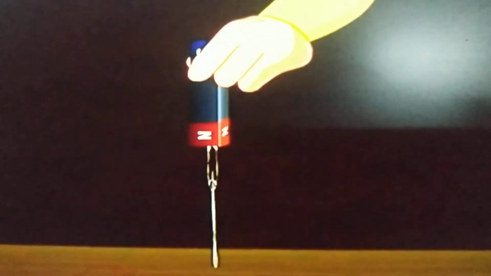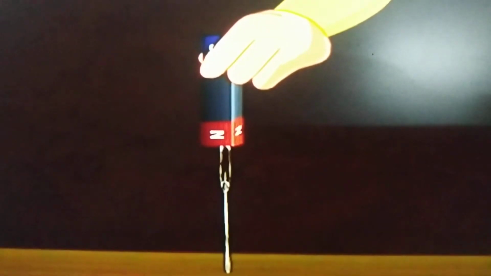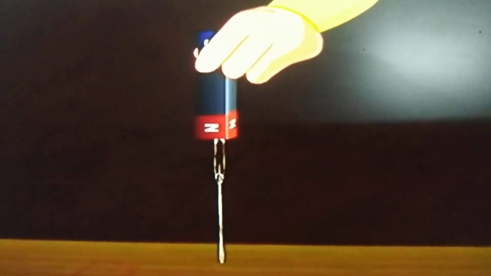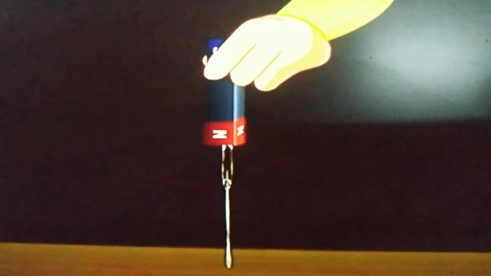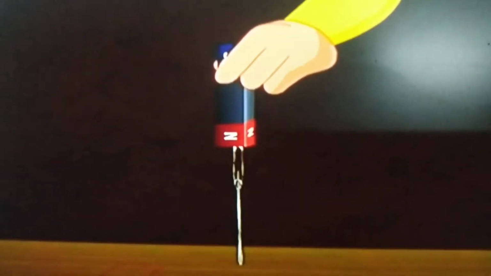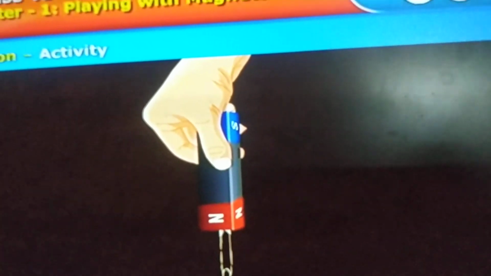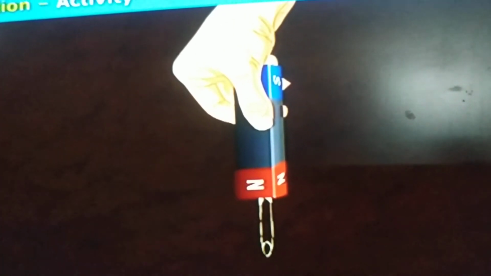How far does the magnet show its effect? That means how much distance the magnetic field will extend. That we will check. With this we can identify magnetic induction. To learn about magnetic induction, you require a bar magnet in one hand. Bring one pole of the bar magnet near a safety pin, like this. Observe the changes.